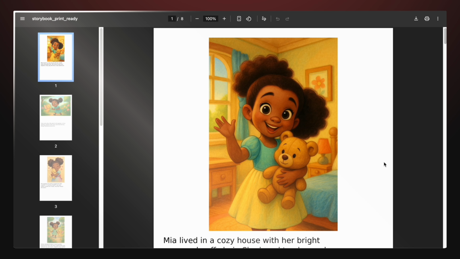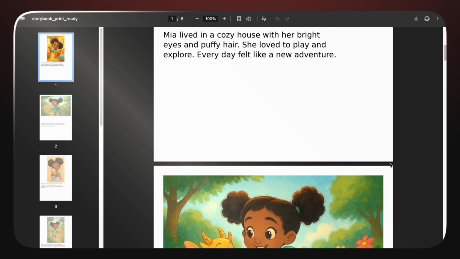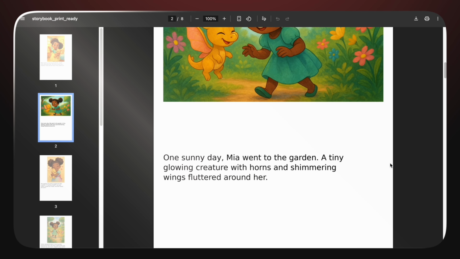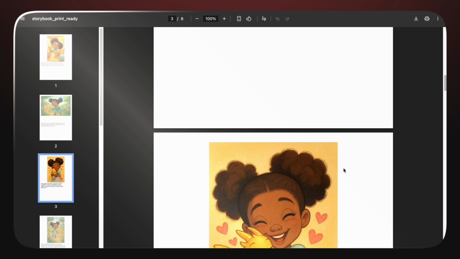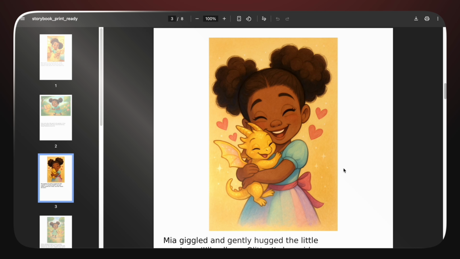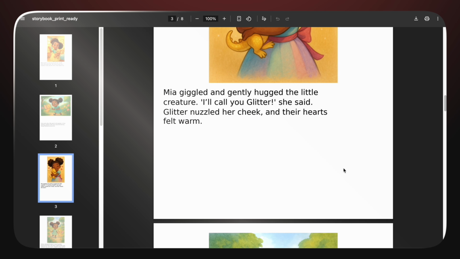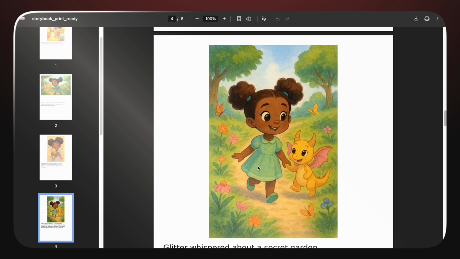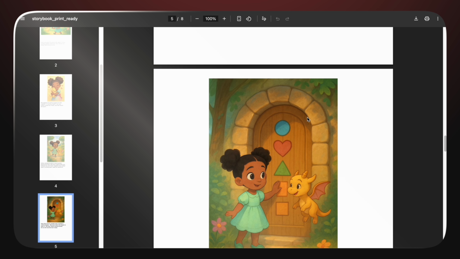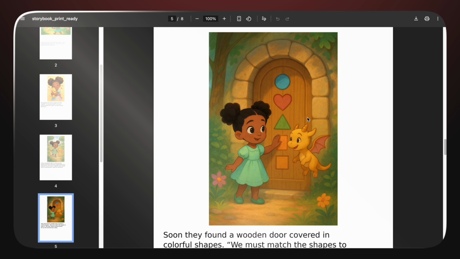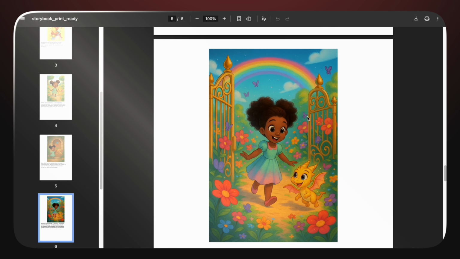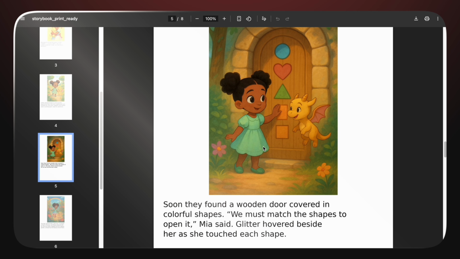Within a few minutes, GPT-5 came back with a page-by-page storyboard. Short, simple text on each page that kids could read or listen to, matching illustration prompts for every scene, and rules to keep the characters consistent, the same clothes, same face, same magical pet all the way through. But of course, just like with the game, the first version wasn't perfect. Some characters look slightly different from page to page, but this can be fixed with more detailed prompting.